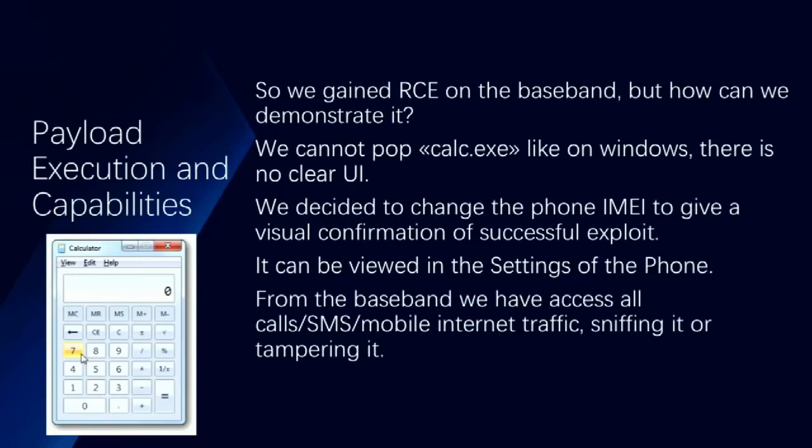So we decided, from the baseband, to change the phone IMEI, which is like a phone identifier. And this identifier can be checked from the settings of the phone. So after our exploitation attempt, the judge can just go to settings and see if we successfully changed the IMEI